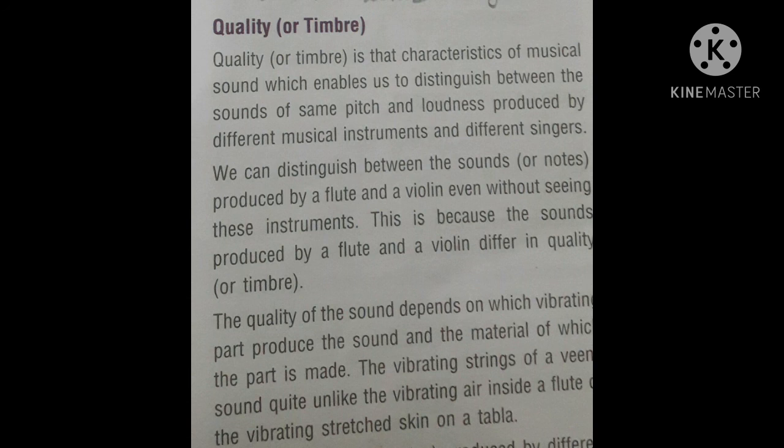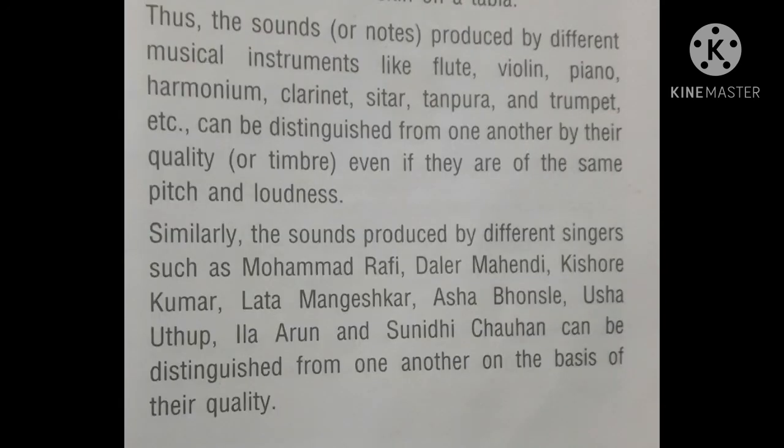The quality of the sound depends on which vibrating part produces the sound and the material of which the part is made. The vibrating strings of a veena sound quite unlike the vibrating air inside a flute or the vibrating stretched skin on a tabla. Thus, the sounds or notes produced by different musical instruments like flute, violin, piano, harmonium, clarinet, sitar, tanpura, and trumpet,